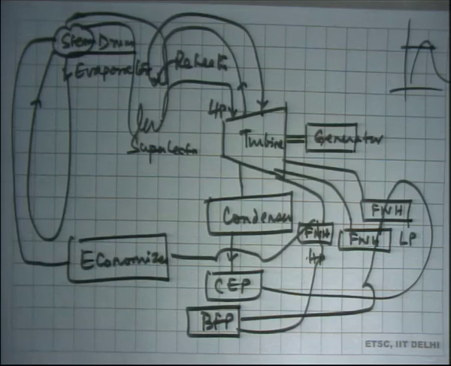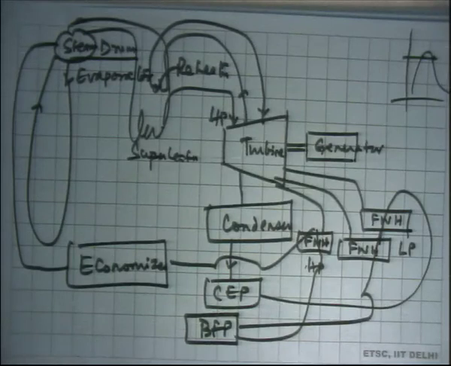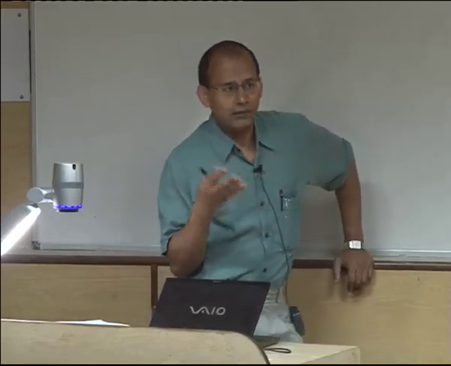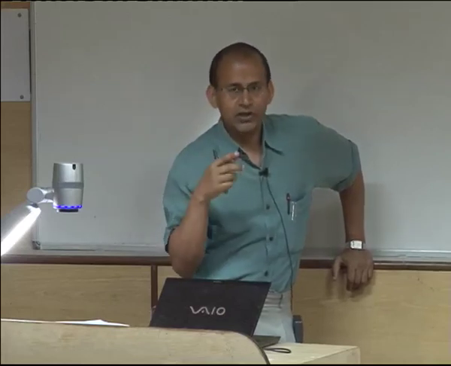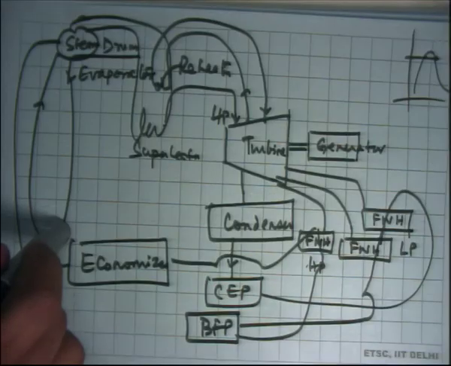In the 500 megawatt unit of the power plant that we saw, we also have circulating pumps. For this circulation, it is not sufficient to leave it to natural draft, because number one, the height of the boiler is also now more, and number two, the pressure of operation of the boiler is higher than the 210 megawatt unit by about 8 or 10 bar. The pressure is closer to the critical pressure. So, you need additional driving force. So, you have circulating pumps also installed here.